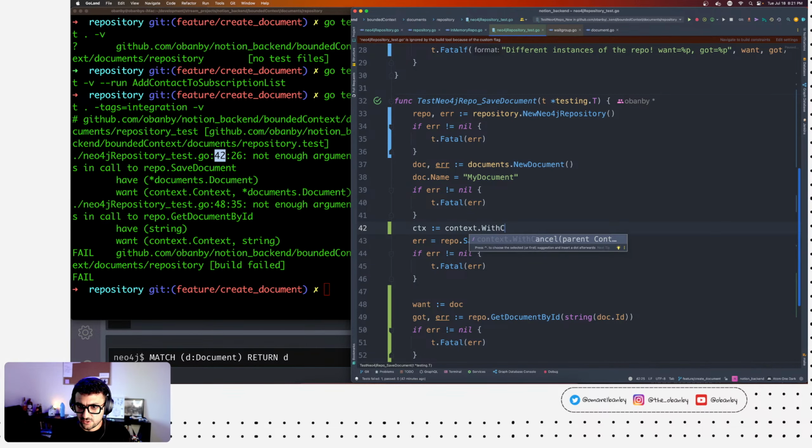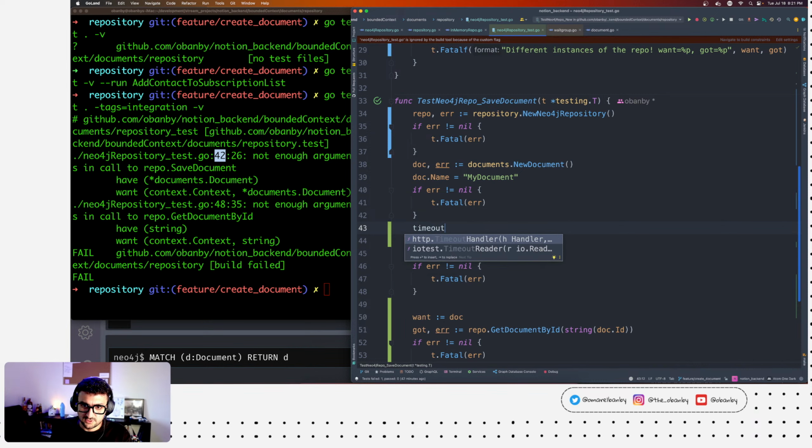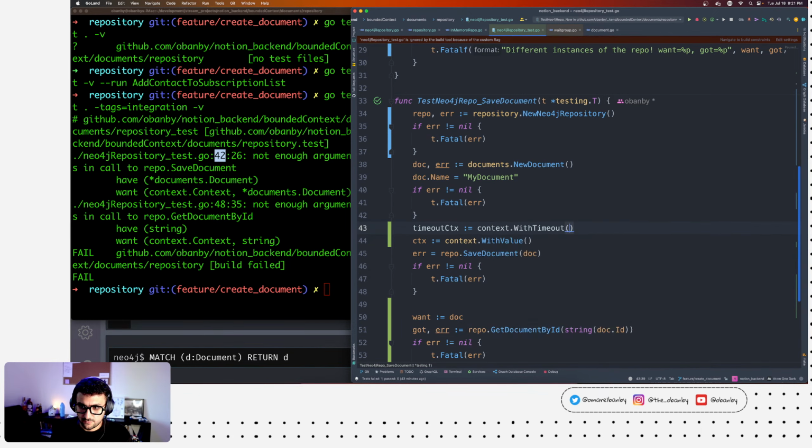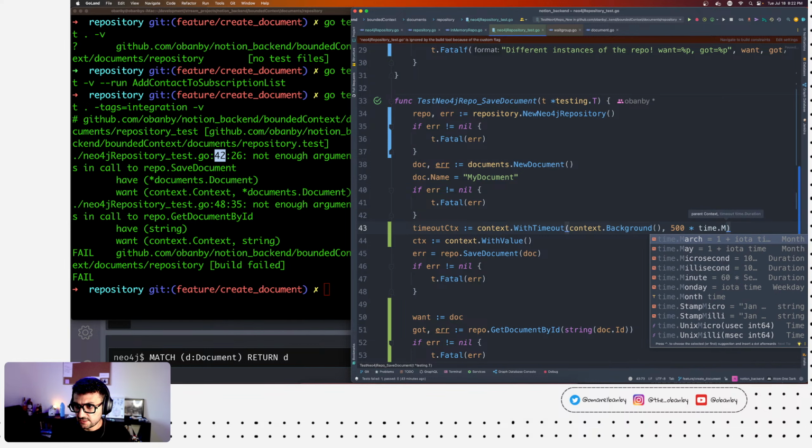Context with value, and I can create, for example, a timeout context, in milliseconds.